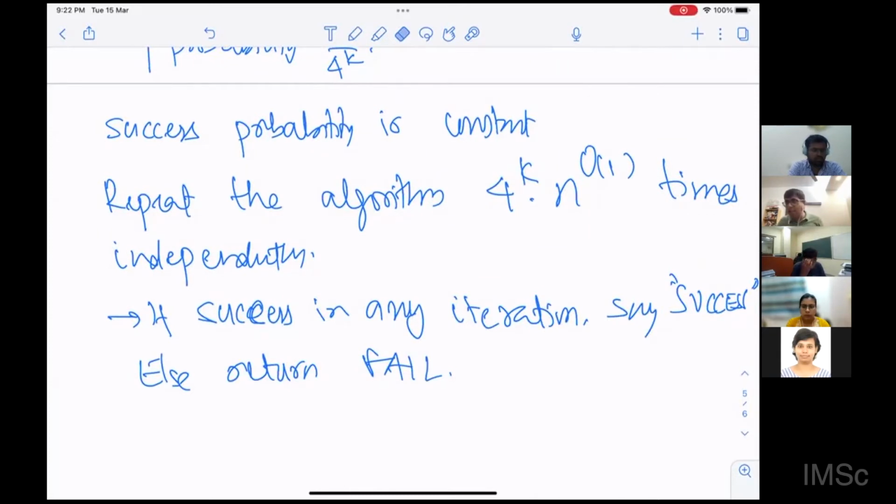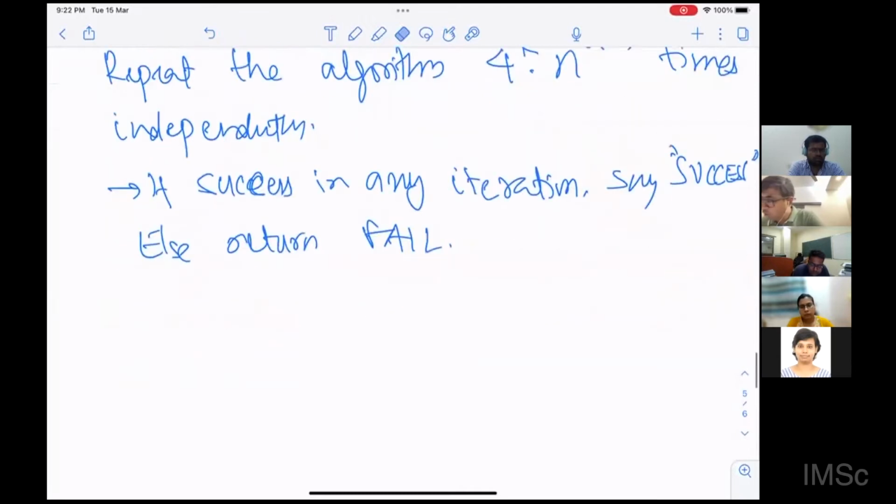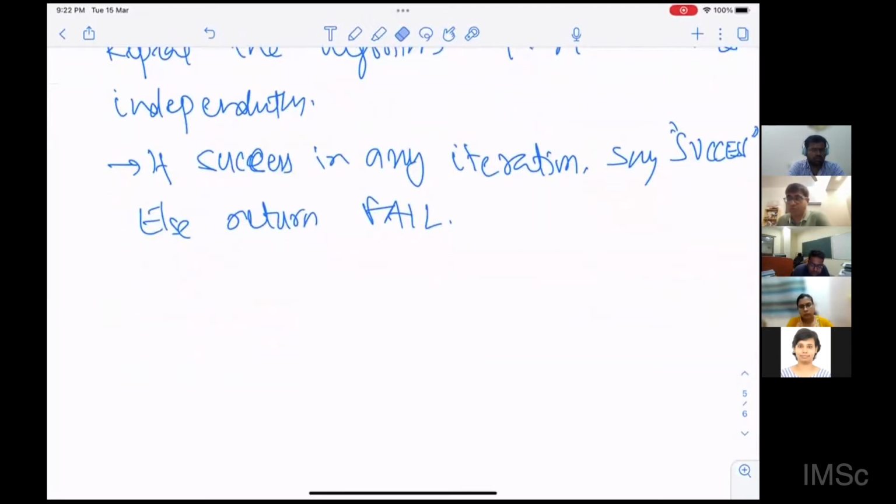If in any of the 4 to the power k poly n rounds I succeeded in finding a vertex cover of size at most k, then I say, here it is, a vertex cover of size at most k. If not, if I failed in each run of this algorithm, then I say fail. Now, what's the failure probability? So what is the probability that the algorithm fails in every round? The probability that it fails in one round is